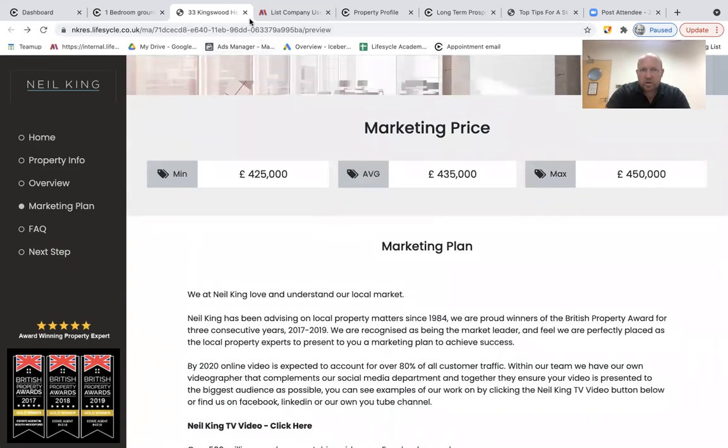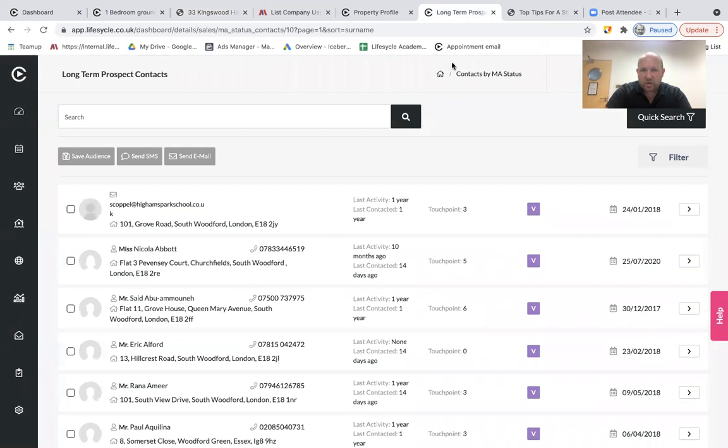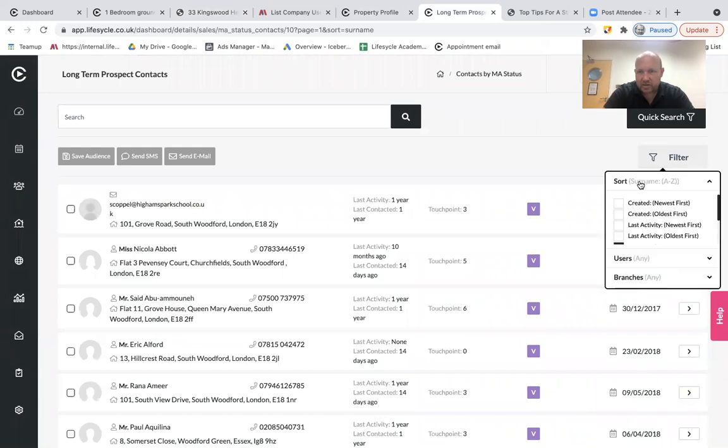We know when they're looking at your website. We know when they're looking at your content on social media. We know when they're looking at that email that goes out every single month. We know all of that stuff. It's constantly live. The system is alive. It's changing all the time. So if he goes to this list of his long-term prospects and puts them in order of their last activity,